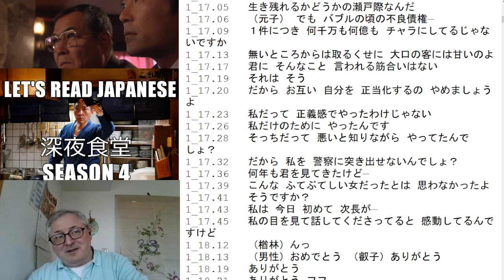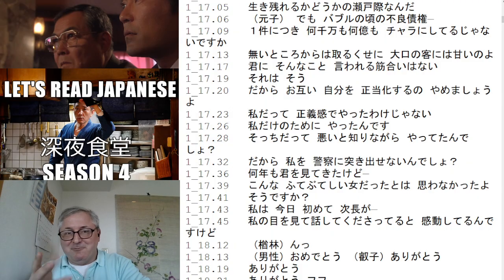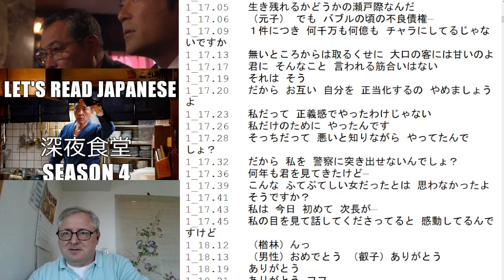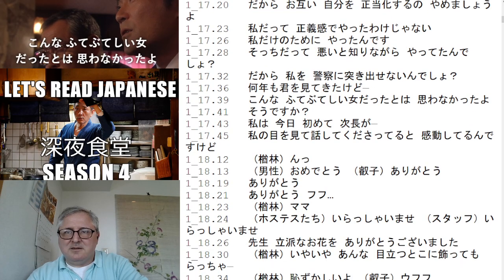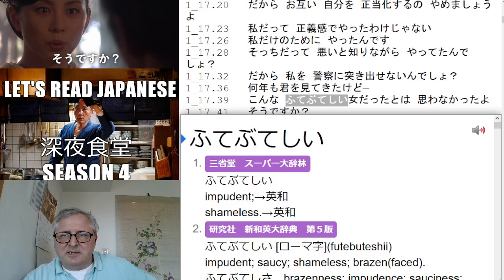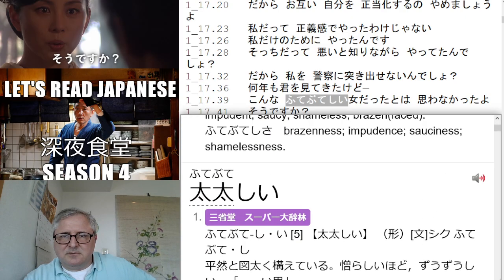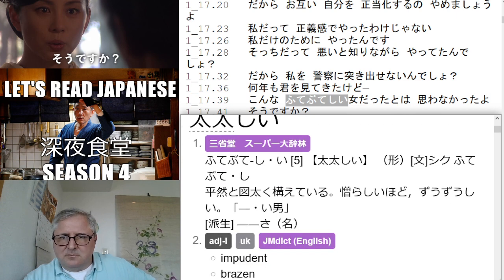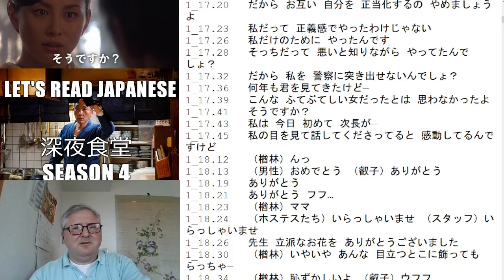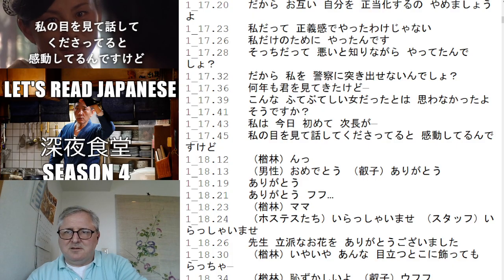Basically, she's a bitch, but she's dealing with other bitches right now, so who cares? It's kind of fun to watch, a bitch fight, which is what you're having at the moment. So that's kind of cool. だから私を警察に突き出せないんでしょ。 何年も君を見てきたけど、こんなふてぶてしい女だったとは思わなかったよ。 ふてぶてしい。 そうですか。私は今日初めて次長が私の目を見て話してくださってると感動してるんですけど。